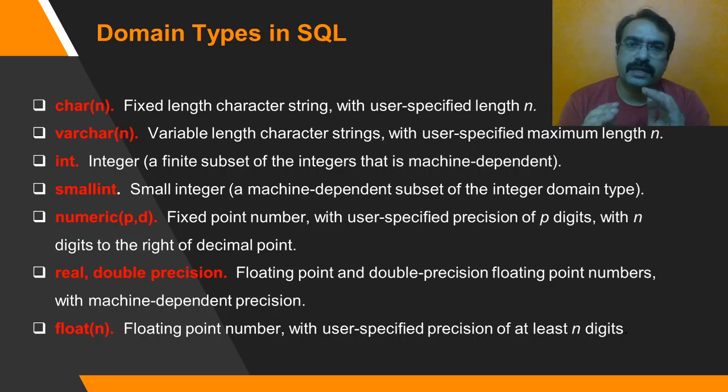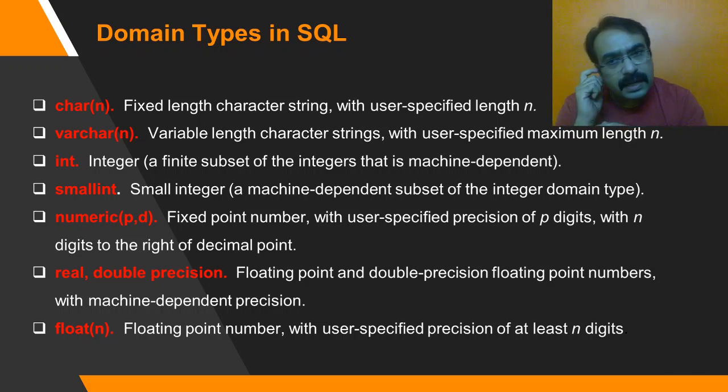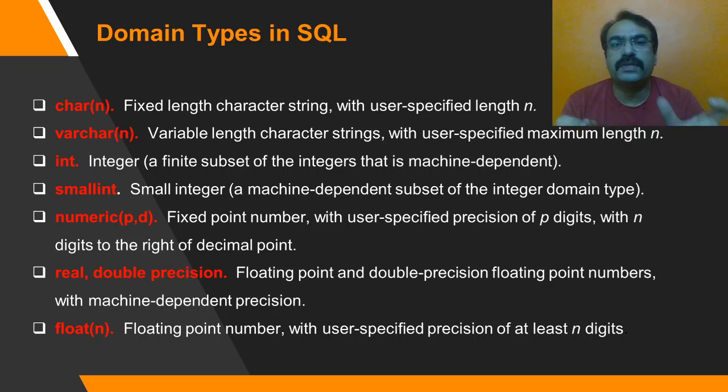Okay, so first we will get introduced to what kind of domain types SQL supports. This will not be a new thing for you, as you are well aware of programming languages. So we'll have a brief discussion toward that. Char(n) will be a fixed length character string with user defined length n, but it has to be exactly n, not a character lesser or greater than n. But that won't be more popular. Instead, most of the time we use the second data type called varchar, that is variable length character string, which can take a maximum of n characters.